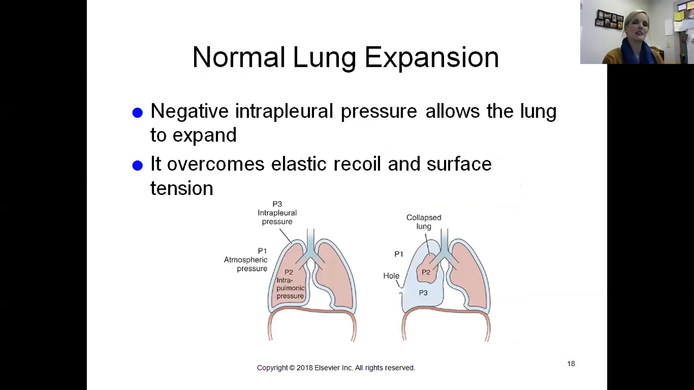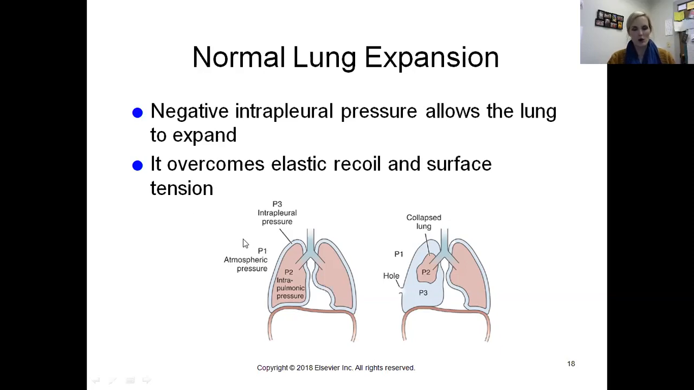But the lungs have the ability to expand because of what's called negative interpleural pressure. That has the ability to overcome elastic recoil and surface tension, so that's what gives it its ability to expand. Our elastic recoil allows the lungs to go back to normal, but then when we breathe air in, that's what allows it to expand. Because as you can see here in this diagram,